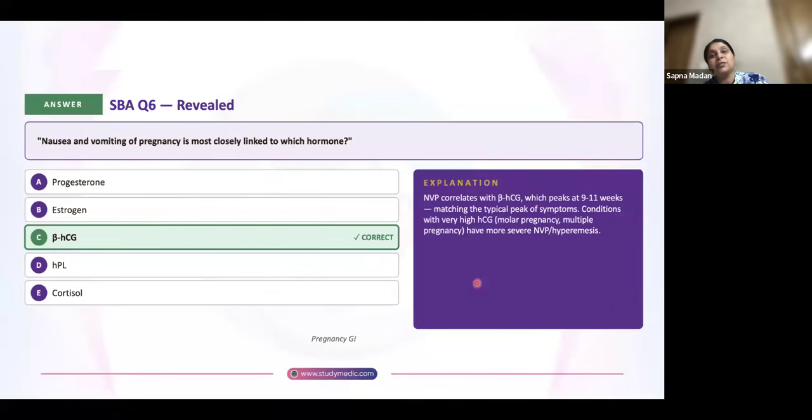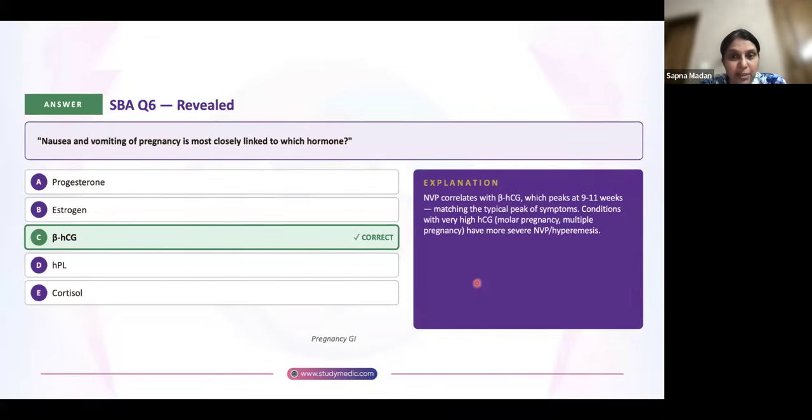And this matches the typical peak of the symptoms of nausea and vomiting of pregnancy, and conditions in which the HCG is very high, like in molar pregnancy or in multiple pregnancy, they have more severe conditions of hyperemesis and